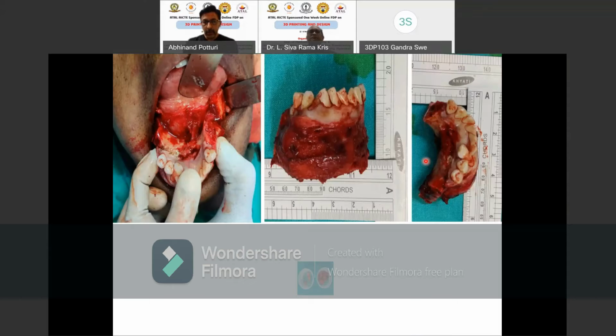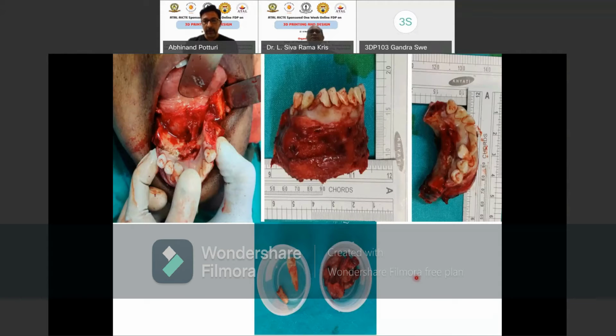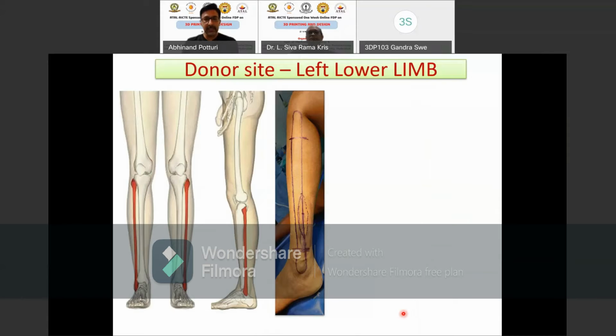So now that the tumor is out, the teeth are gone. Now the patient cannot be left with, okay, your tumor is gone, now go and live with whatever deformity you have. It is impossible because the patient cannot chew, cannot eat, cannot speak. So we need to reconstruct, and this is what we do. We take the bone from the patient's leg. Usually the leg has two bones. One of the bones is not very significant or not very important for carrying your body weight or for function. So this part of the bone, which is called the fibula in medical terminology, is taken from the patient's leg.